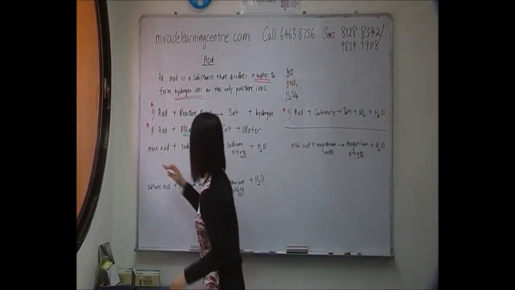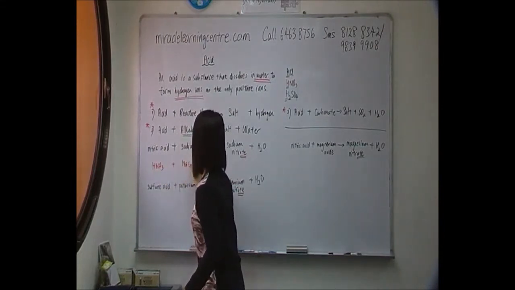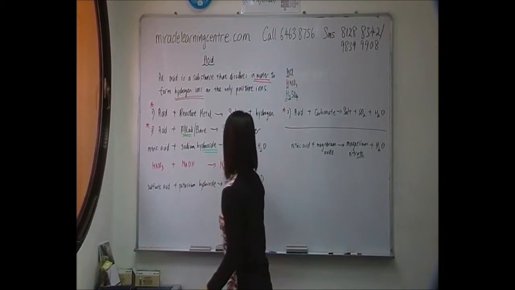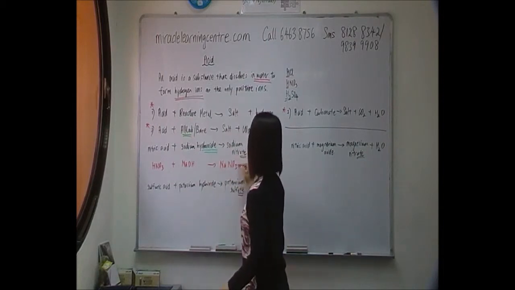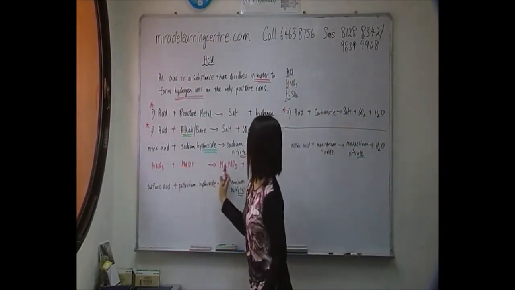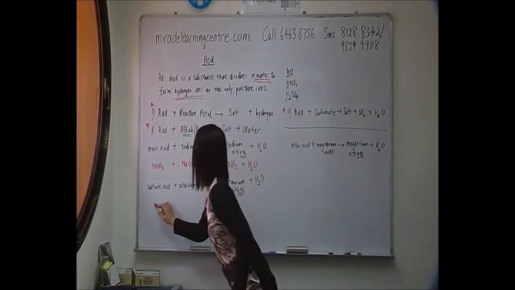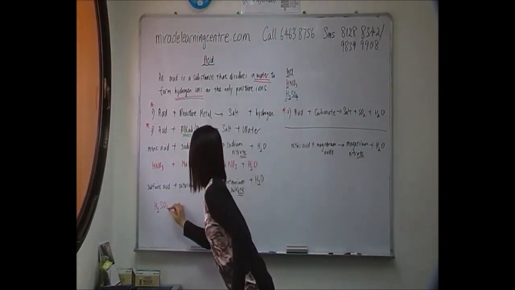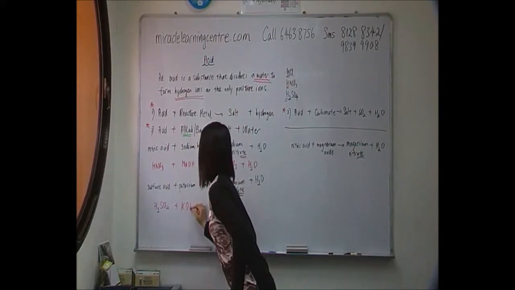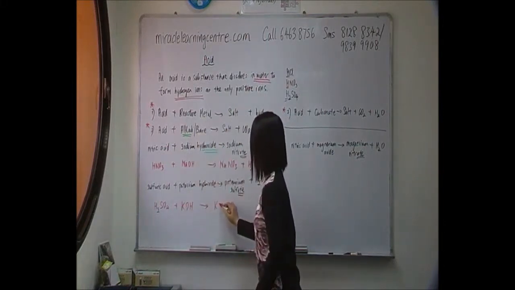Okay, now for the chemical equation, nitric acid and sodium hydroxide. So you get sodium nitrate, Na plus, NO3 minus, plus water. Okay, is it balanced? Yes, one nitrate, one sodium, water. It's balanced. Sulfuric acid, H2SO4 plus potassium hydroxide, KOH. You get K plus, SO4 2 minus. So it's